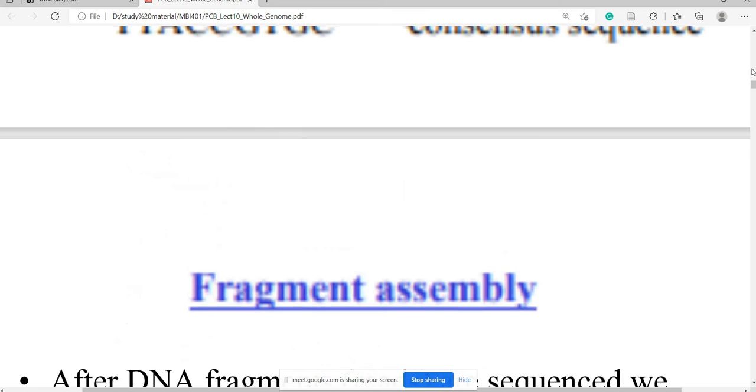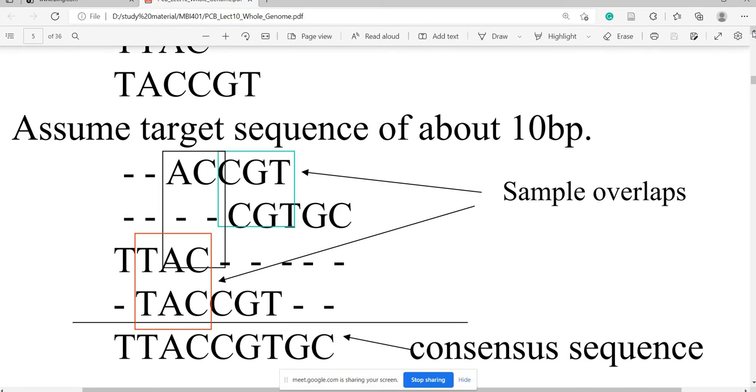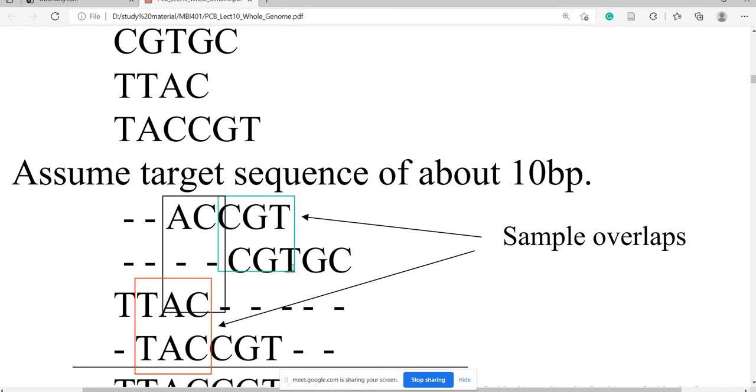Now you can again go back to that example. Potentially overlap means AC is common here. Now if you want to see what will come after T in the other sequence, you can see T is also present here. After G, T is present. Now GC is present here because this sequence is common.